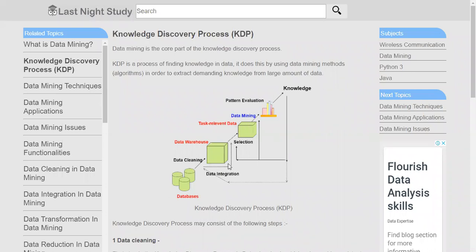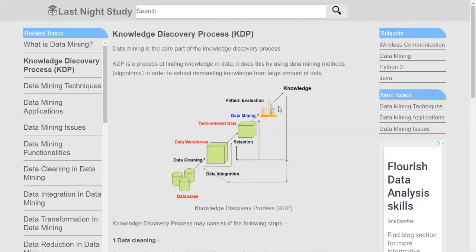Ultimately, after cleaning and integration, you get the reduced form. As I said, from 1 lakh rows, you may get only 4,000 rows which are related to your algorithm or prediction model. That is known as selection, which also means that you have a reduced data set. On that reduced data set, which is written here, task relevant data, since you are now building the predicting model only for cars, it is your task related data. All the two-wheeler section is deleted. So your task relevant data will be the reduced 4,000 rows coming here.